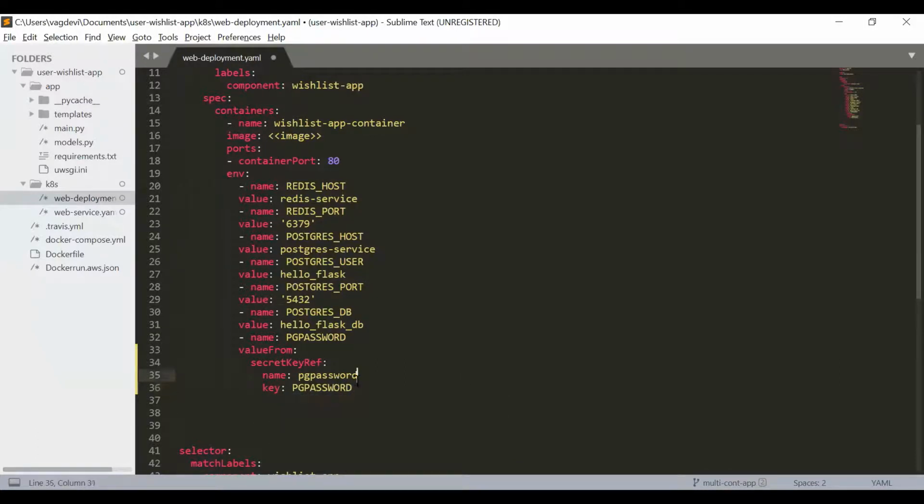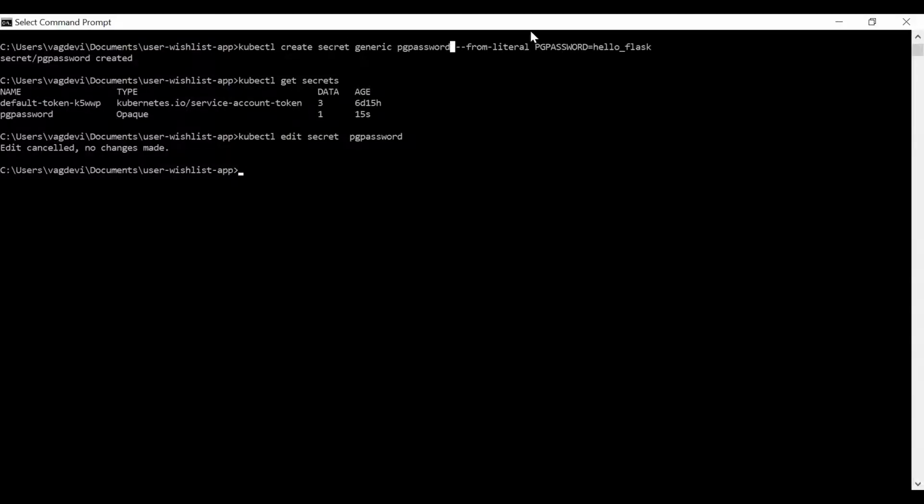This is the variable name we used when creating the password over here, right? So this is the key. This secret contains the encoded form of our raw password, and that is the reason that when we refer to this secret, we are telling it that the secret is encoded in this particular key. Okay.